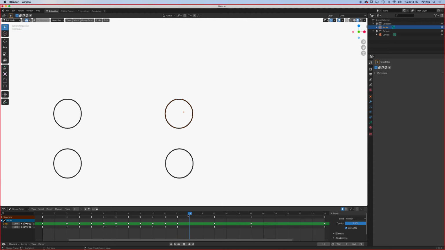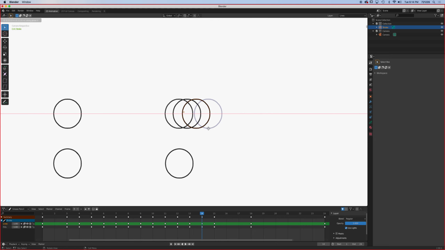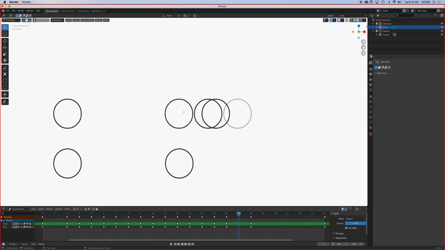Frame 12. We go to frame 13. Frame 14, 15 of course, then 16, 17, 18 right there. We got 21 to go in between,